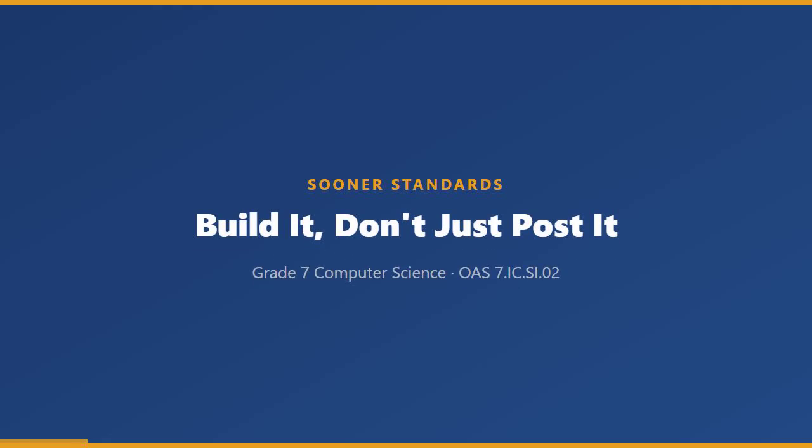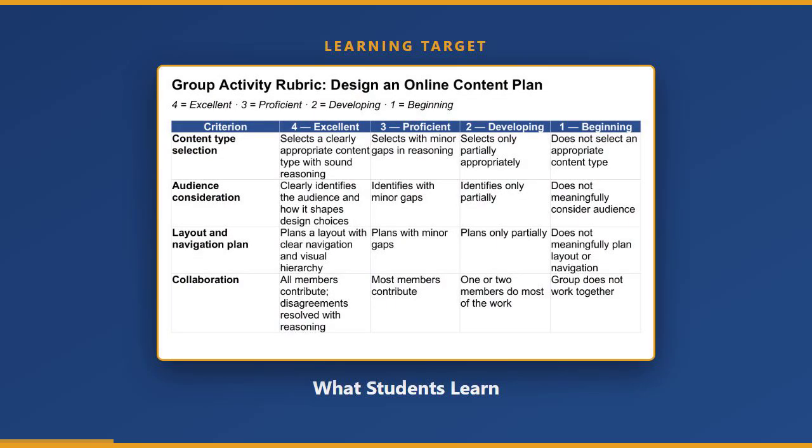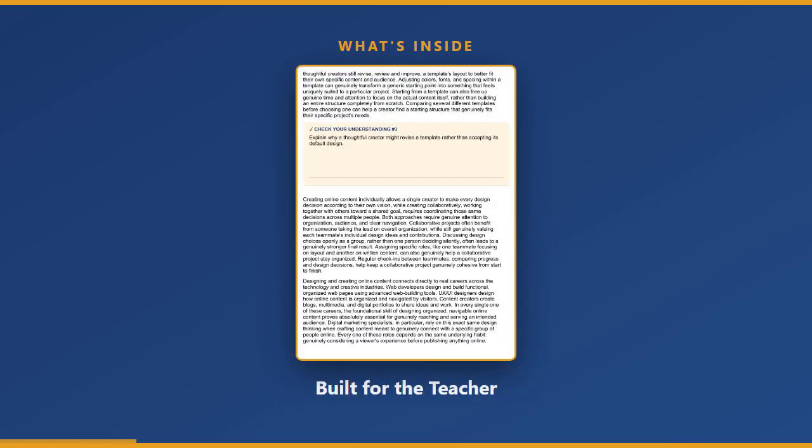From Sooner Standards, Designing and Creating Online Content, a complete Grade 7 Computer Science unit for Oklahoma Standard 7.IC.SI.02. Students learn to individually and collaboratively use advanced tools to design and create online content, digital portfolios, blogs, web pages, and multimedia presentations. Inside, a full teacher guide with pacing, misconceptions, and a scoring rubric, plus a content lesson